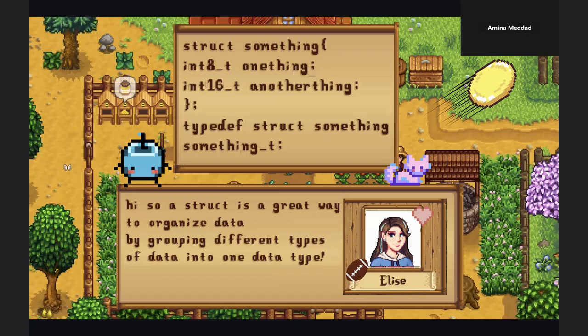So a struct is a great way to organize data by being able to put different data types into one thing. So what that means is, instead of declaring a bunch of different variables to represent something, we can put it into one small little package, and then we can reference each of the components to make it easier for us as a programmer. If that's still kind of confusing, it was for me when I first took this class,